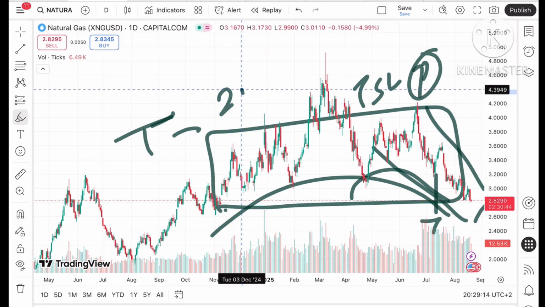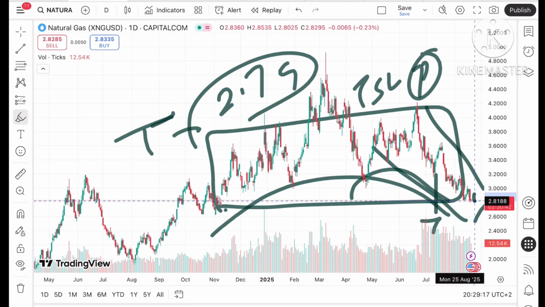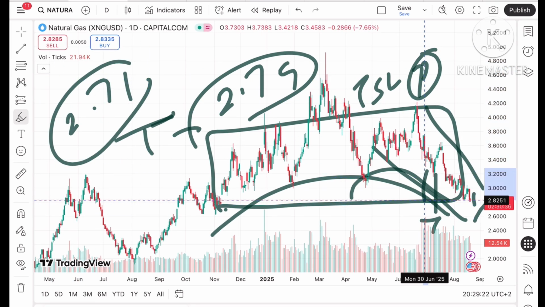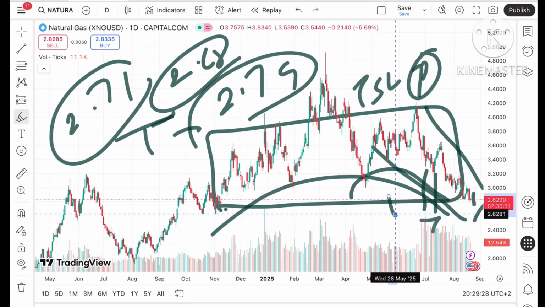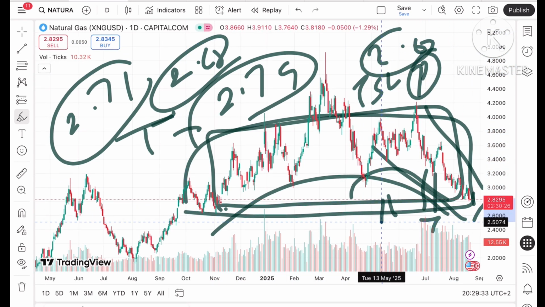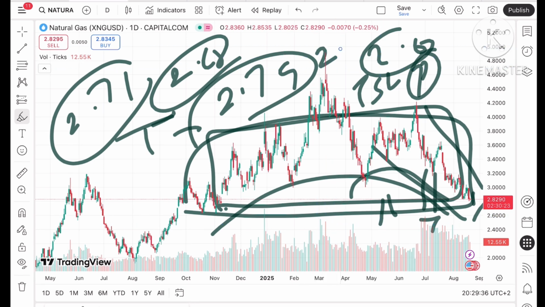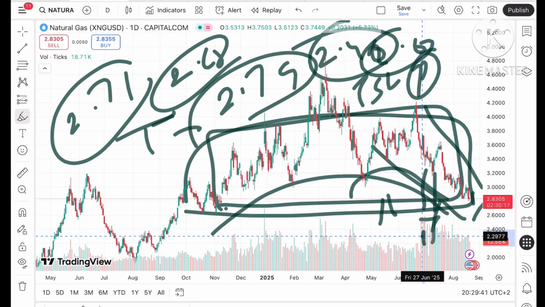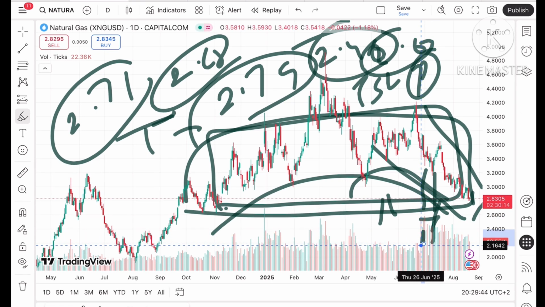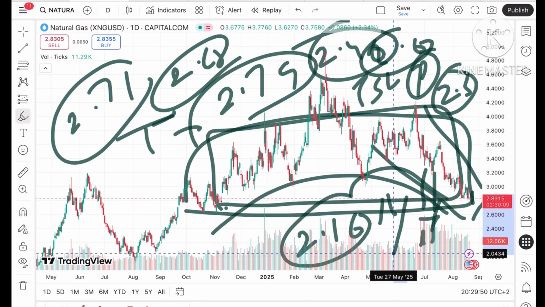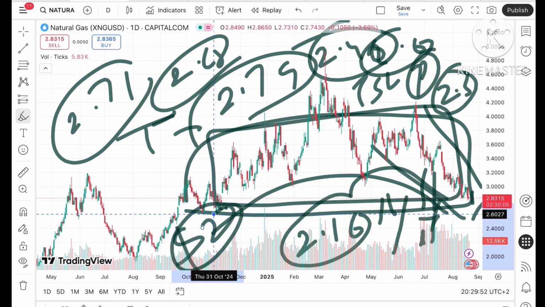If the price starts going below this level, it can move towards $2.79, and from there towards a level of 2.71. Once the price moves below that level, we can see a chance of touching 2.68, and if that sustains, it can move below a level of $2.6, which is already tested, so the price can move further low, and from there it can touch a level of $2.46. If the price falls below 2.46, we can see the probability of touching 2.3, and after 2.3 a level of $2.16, and from there a further downfall towards $2, and then a further low.